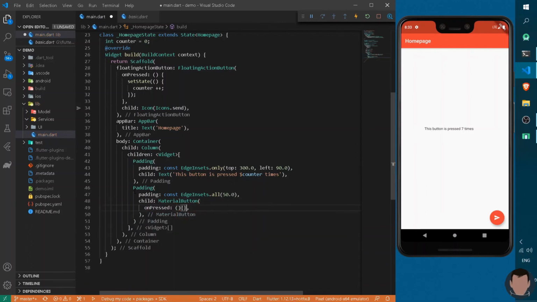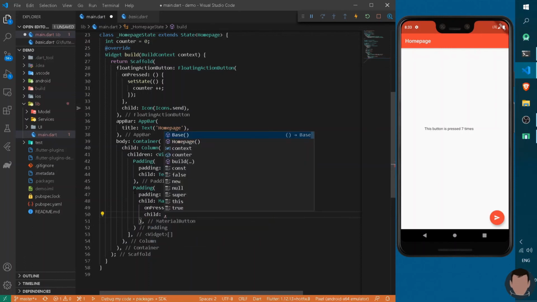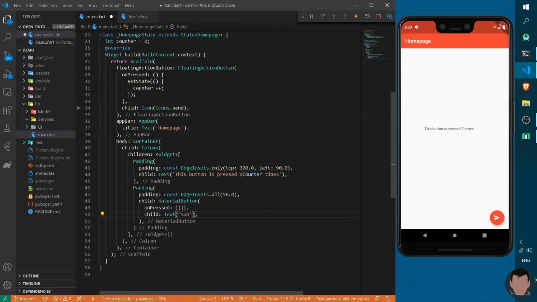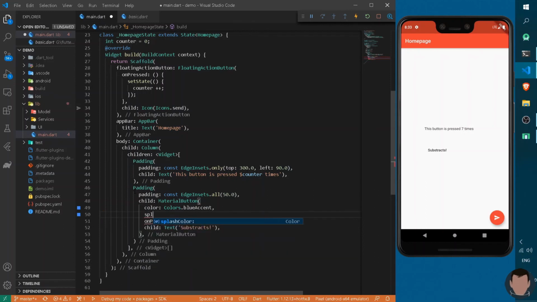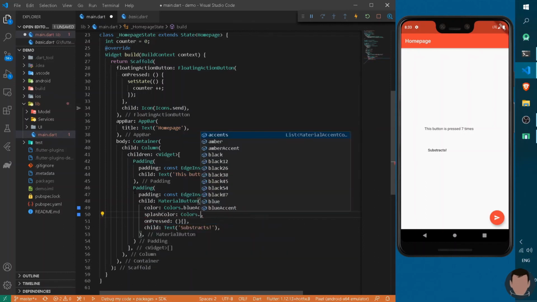Let's leave it null for this time and give it a child of text which says subtract. Now let's add a color for it by typing Colors.blue. Why not? And a splash color of Colors.black.